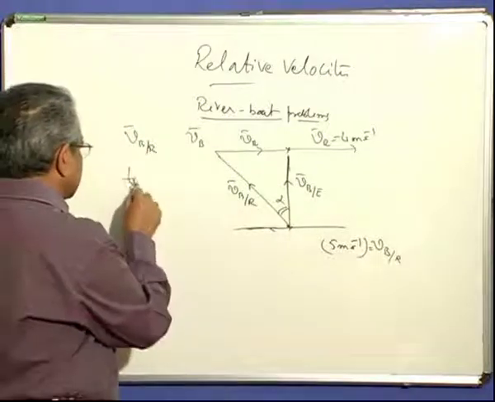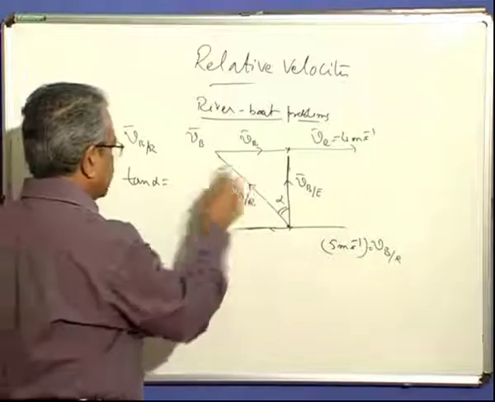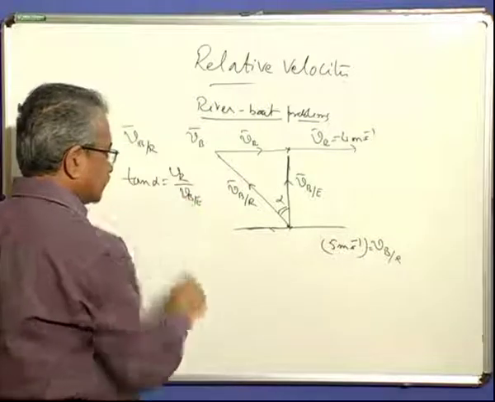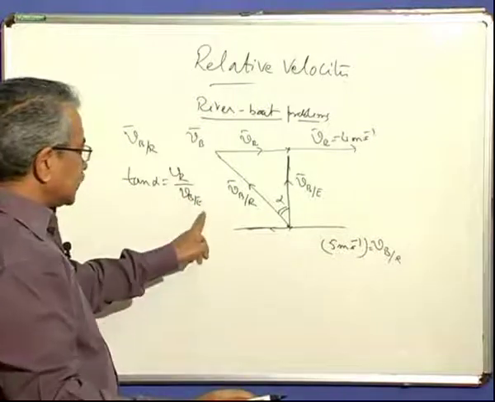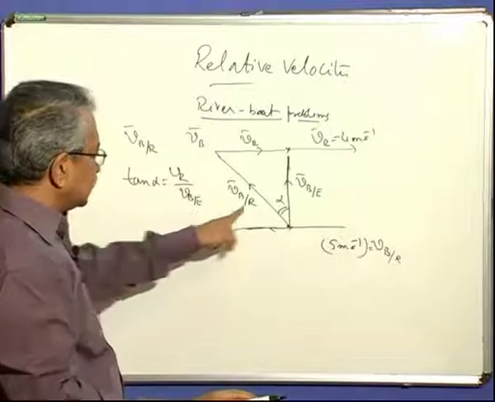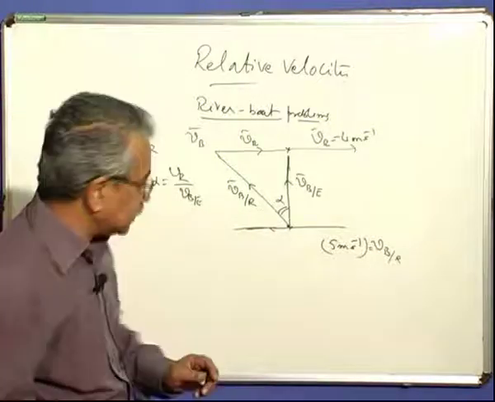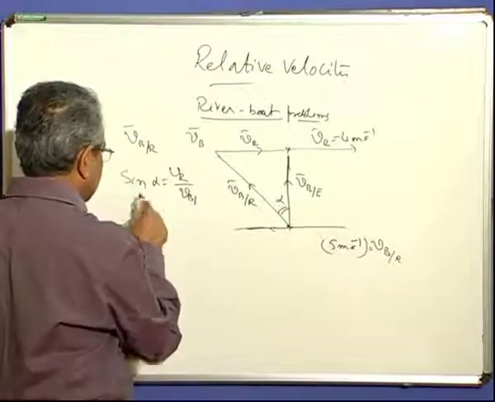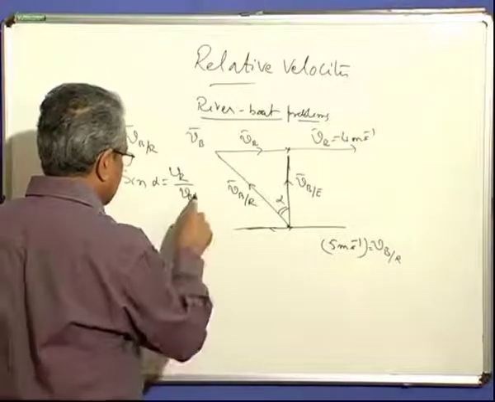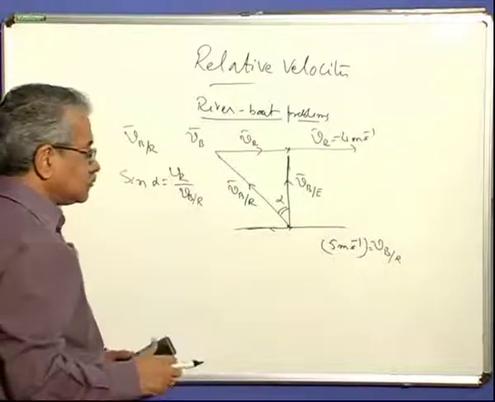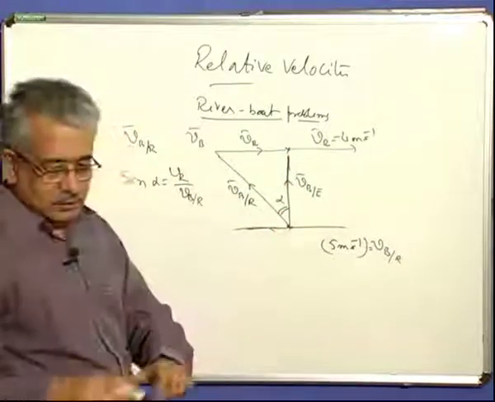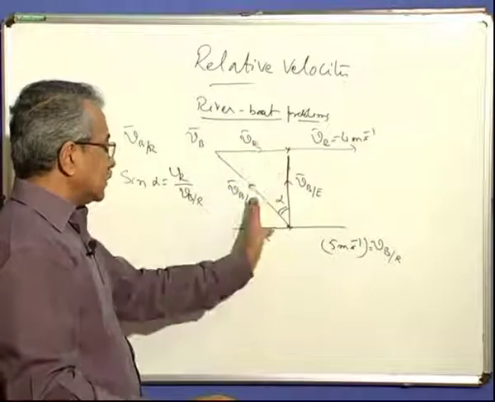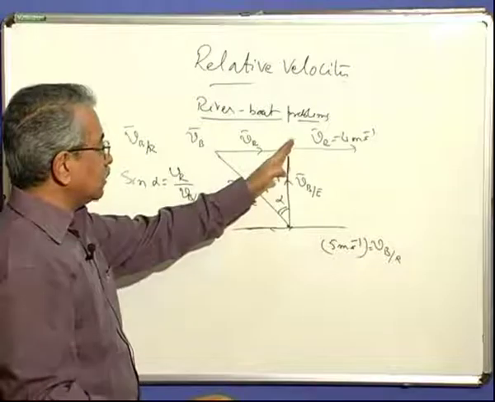From the equations, tan alpha is equal to VR in magnitude by VBE, or you can take sine alpha with respect to the river. This will be the actual velocity for him, with respect to the earth. That we don't know. He is starting with this, as if he is starting in the river, he starts like this. So he goes to the opposite end then.